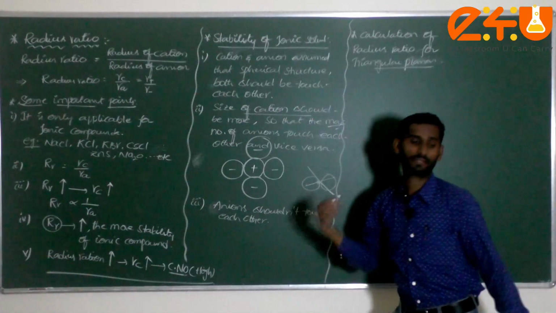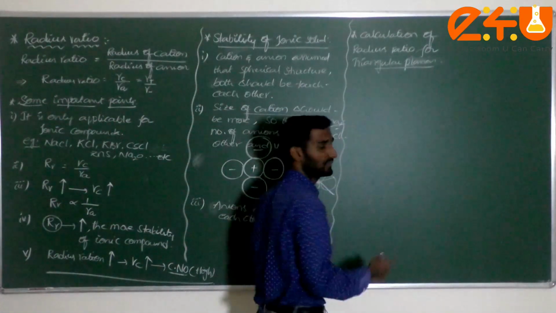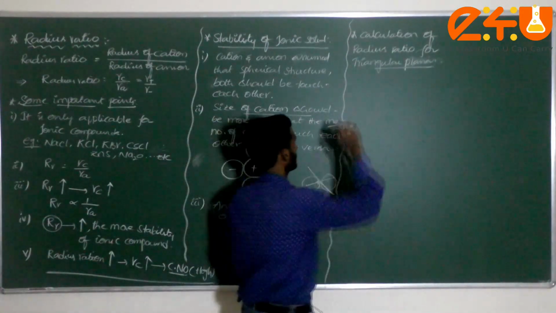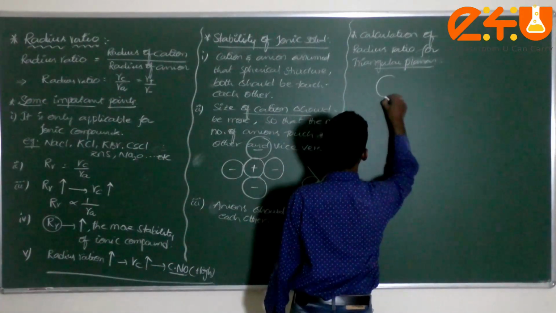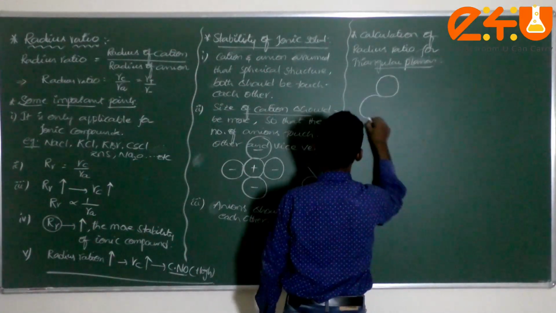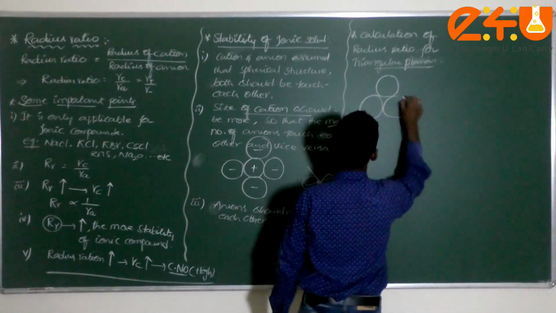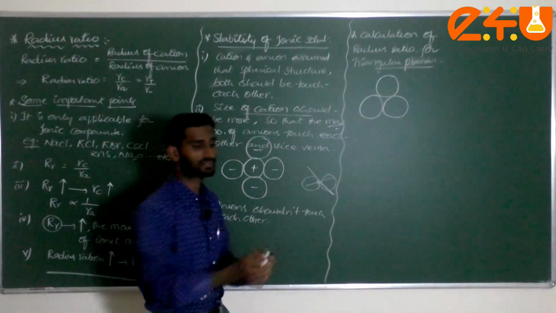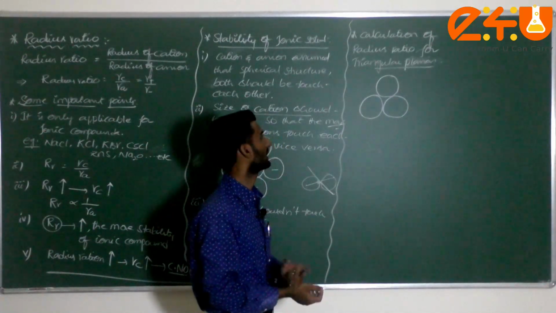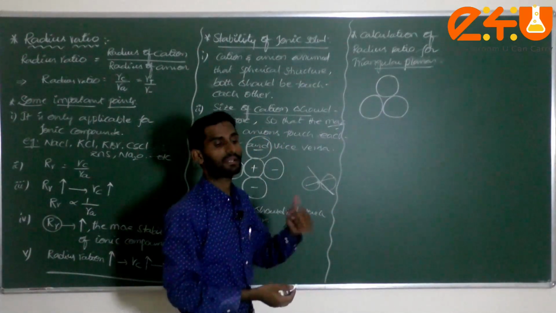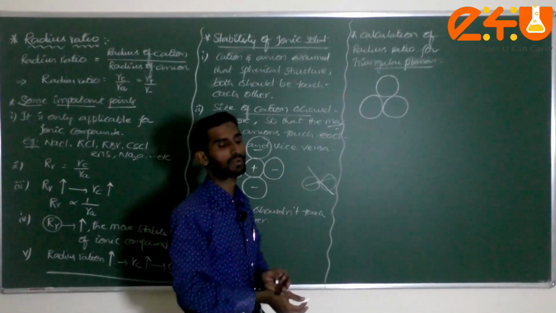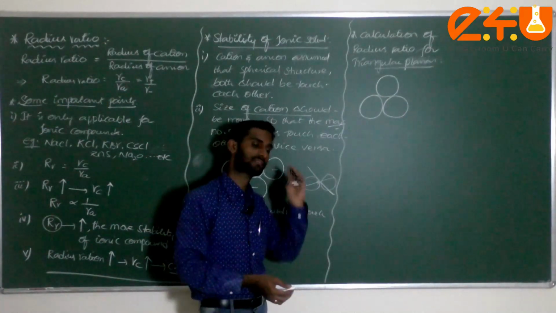You can take it as either a solid or planar. Triangular means we know how many spheres there will be, dear students: there are 3 already. I can write it here: this is 1, and this one I can consider like this, 3. The atoms which touch each other give the coordination number, which is the number of nearest neighboring atoms touching in a particular crystalline lattice. We discussed this in the previous lecture.